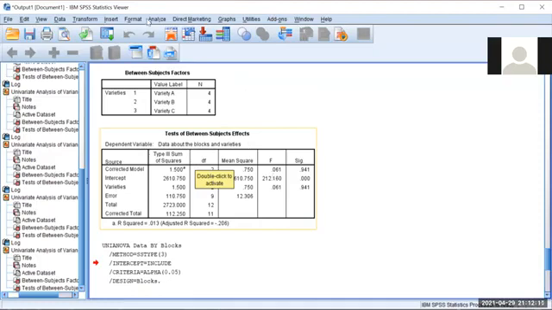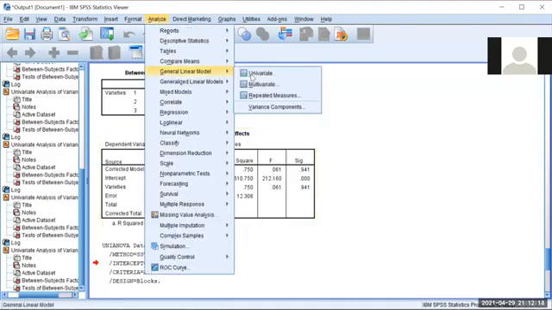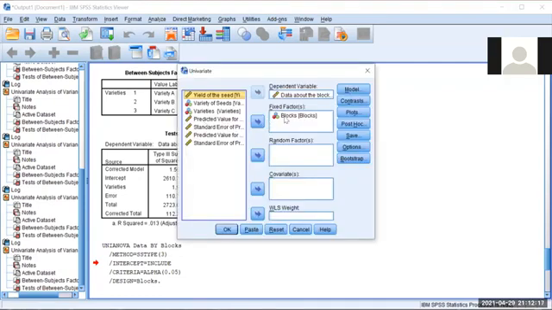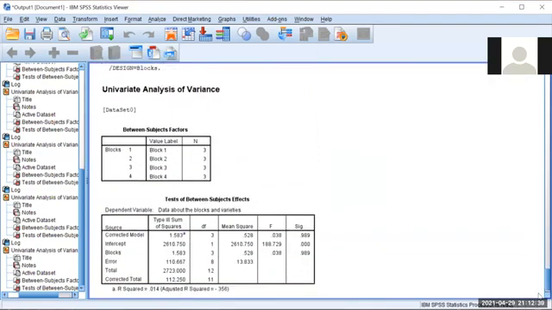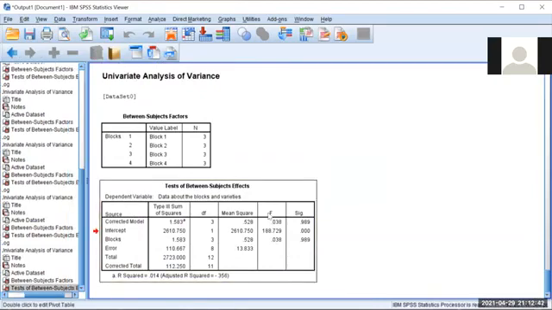Again, go to the Analyze part, General Linear Model, Univariate analysis. First you give varieties and then give okay. You will get this output. After that, again go to this analysis part, remove variety, add block and give okay. You will get this second ANOVA table. So anyway you can do. If you select both the factors together in the single ANOVA table, you will get both the blocks and varieties p-value.